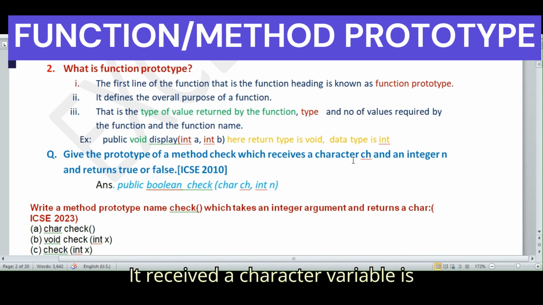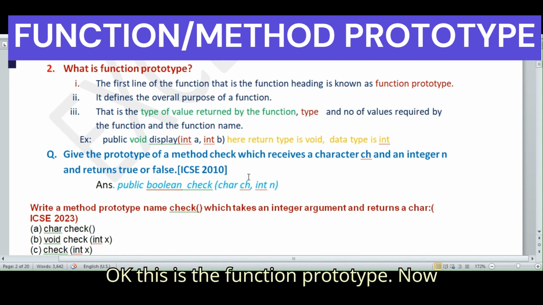So char ch, int n, and it returns true or false. So the return type is boolean. Okay, this is the function prototype.